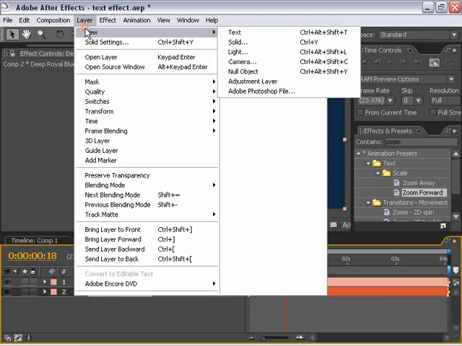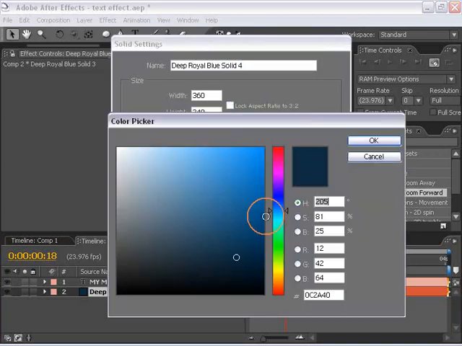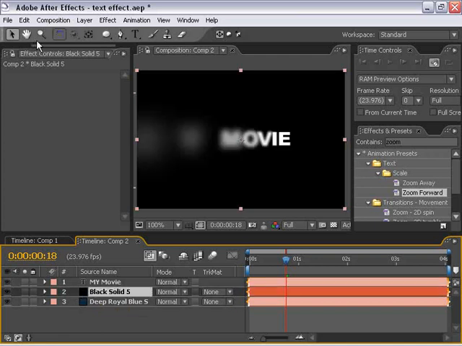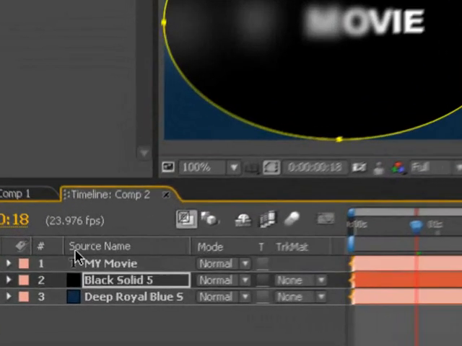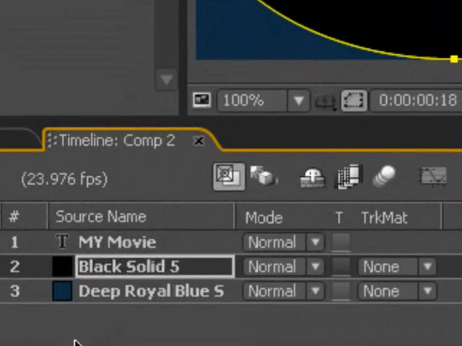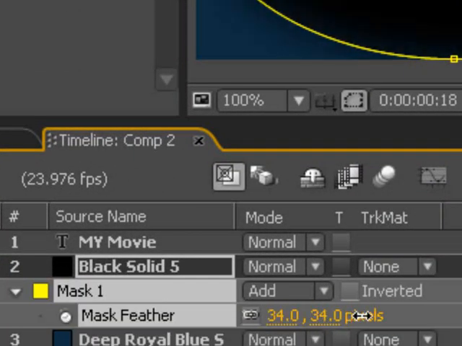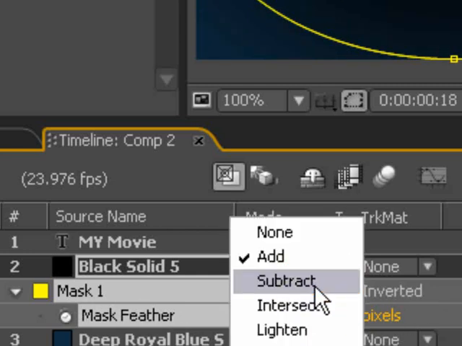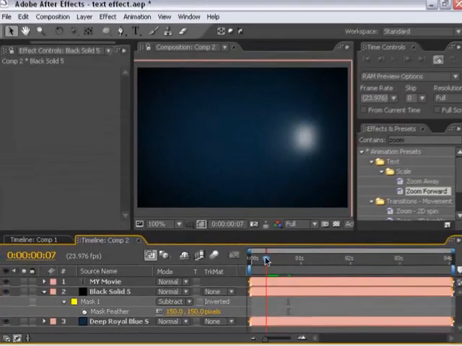I'm going to make another new solid, this time a black one, and I'm going to put this right over the blue layer. I'm going to select the elliptical mask tool and double click on it, and it'll add a mask to my black layer. I'm going to hit the letter F to bring up the feather properties. I'm going to feather it, maybe 150, and then I'm going to take the mask property and subtract it,